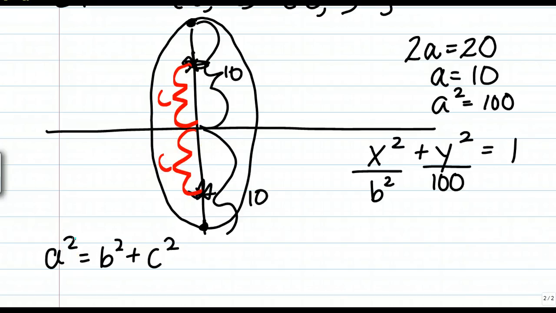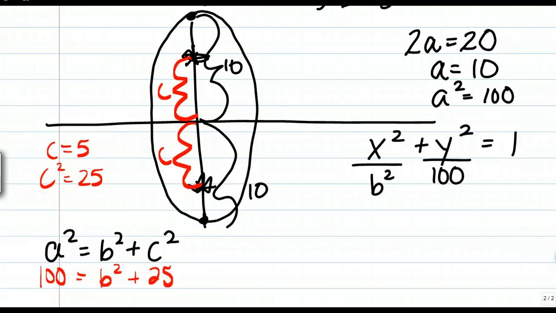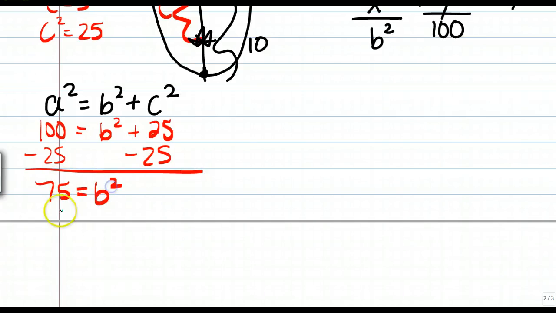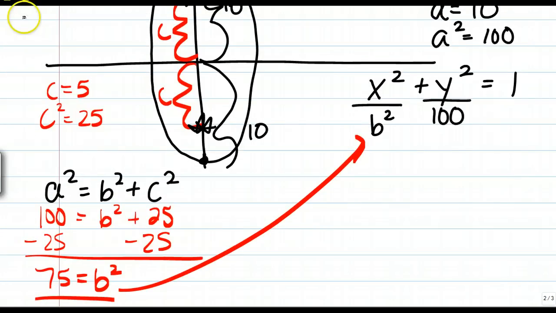So I can plug in what we know. I know that a squared is 100, b we're trying to find, and c, if c is 5, then c squared is 25. So I'll subtract 25. I have 75 equals b squared, and I want it as b squared because I just need to plug it in here. So my final answer for my equation is x squared over 75